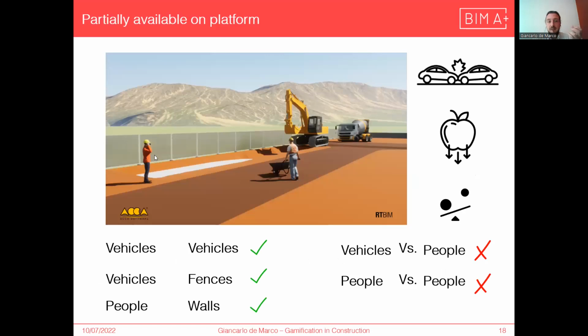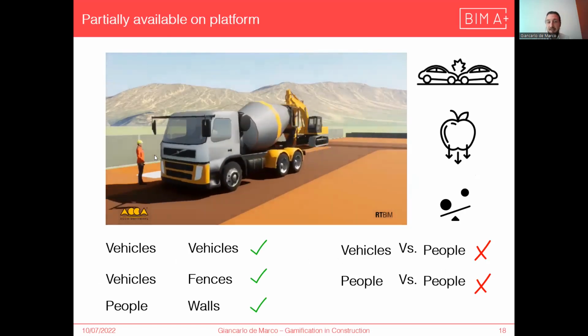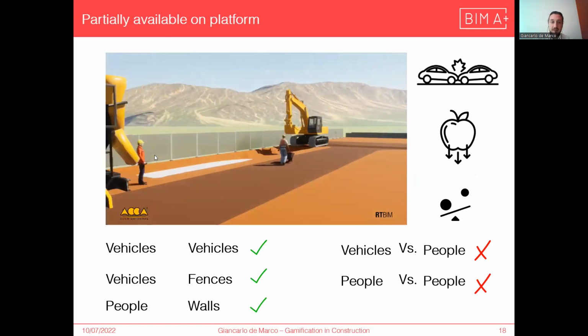Just to see that in this case, some features are already embedded in the platform, but some others are still to be developed. Here we can see an application of collision. Of course, two bodies cannot intersect, but we can recognize that there is gravity, and the software already embeds this solution.